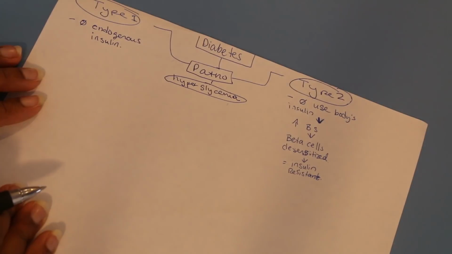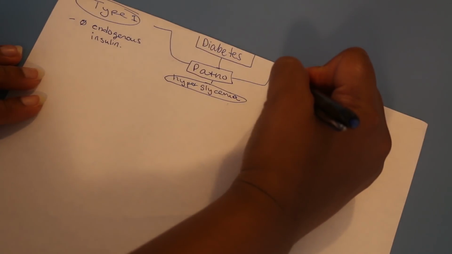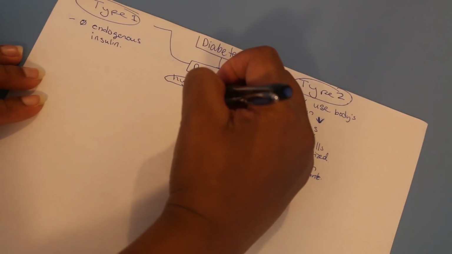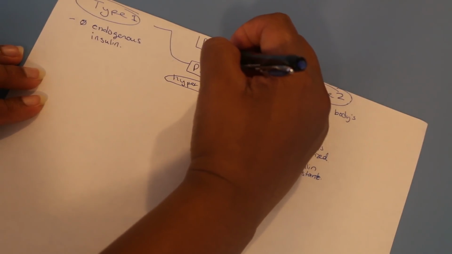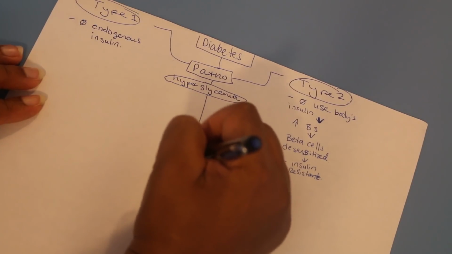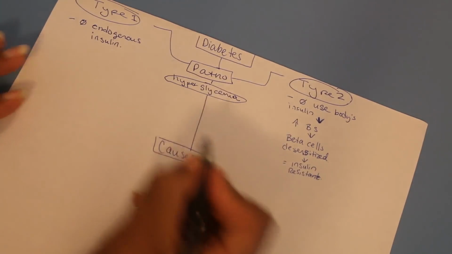All right, so we're gonna go into the causes of it. Now you can put boxes around it, whatever you want to do. I'm just gonna do a little line from here and put causes. So over here,